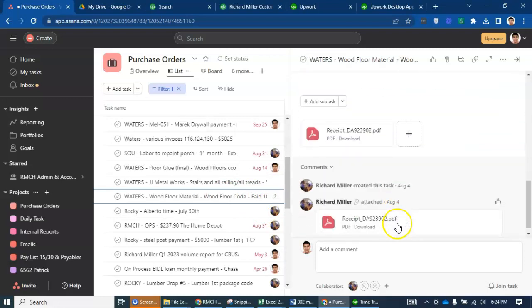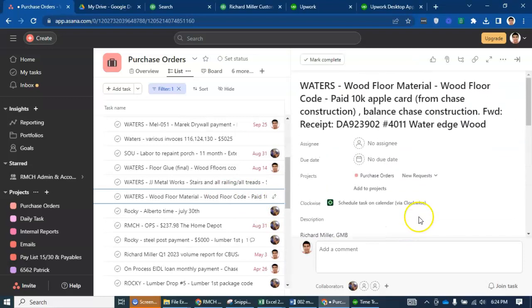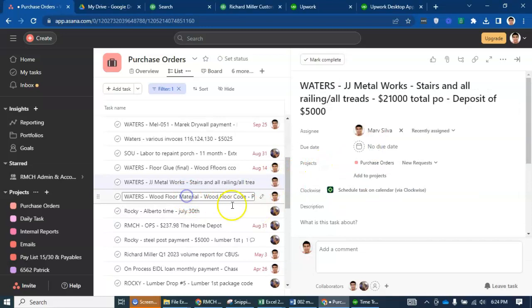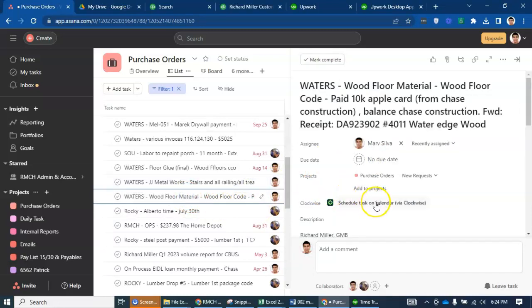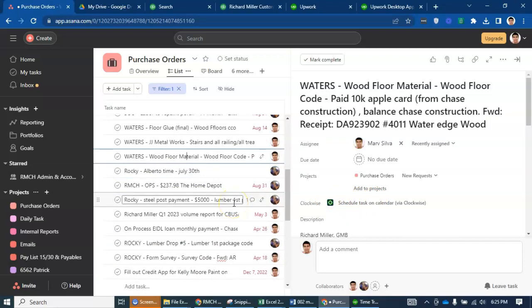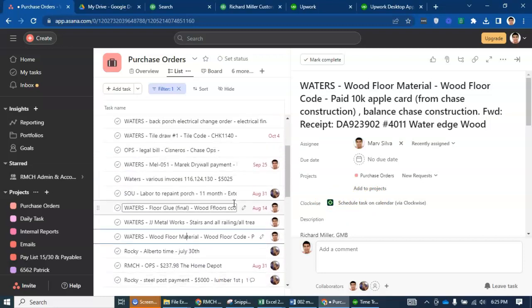So again, if there are some like this one, this is already complete but no assignee, let's take this one and assign it to me. This one also. And take a look at this. Okay, that's it.